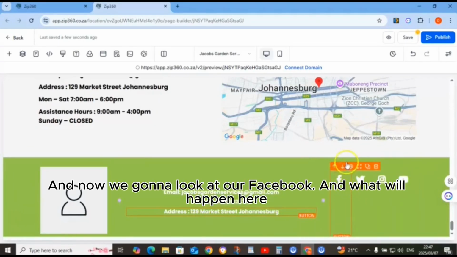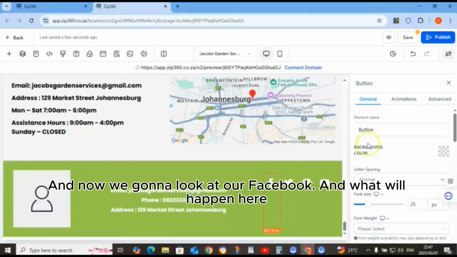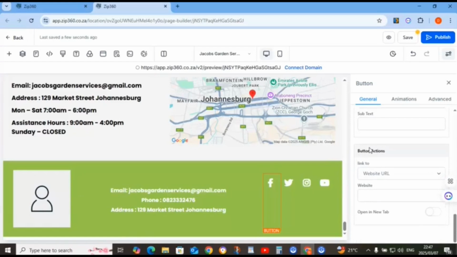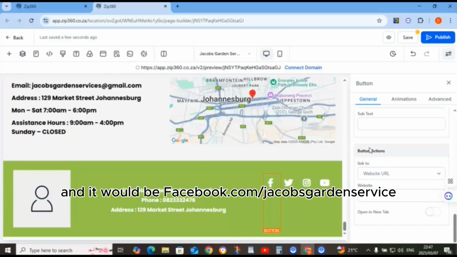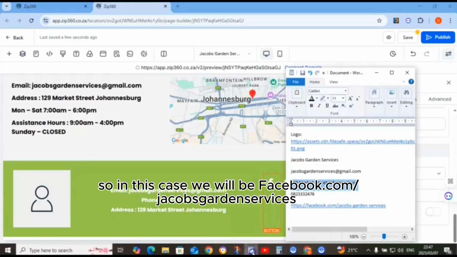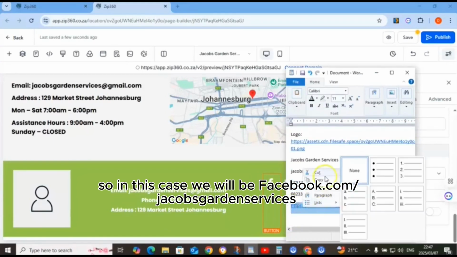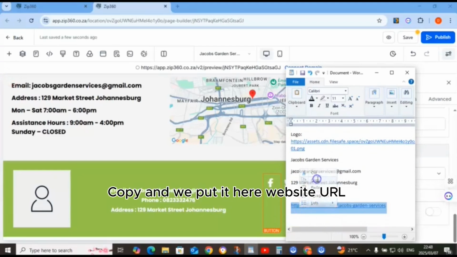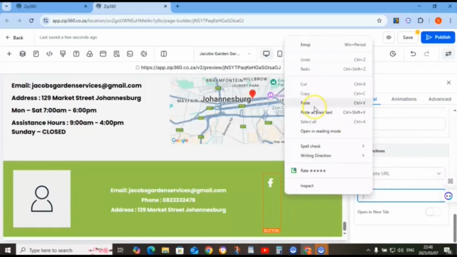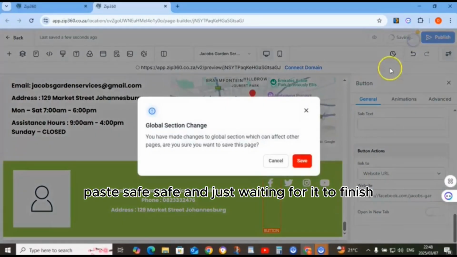Beautiful. And now we're going to look at our Facebook. And what will happen here, you will most probably have a Facebook page, business page, and it would be facebook.com/ and your Facebook business page name. Okay, so in this case, we will be facebook.com Jacobs Garden Services. Copy, and we put it here, website URL, paste, save,